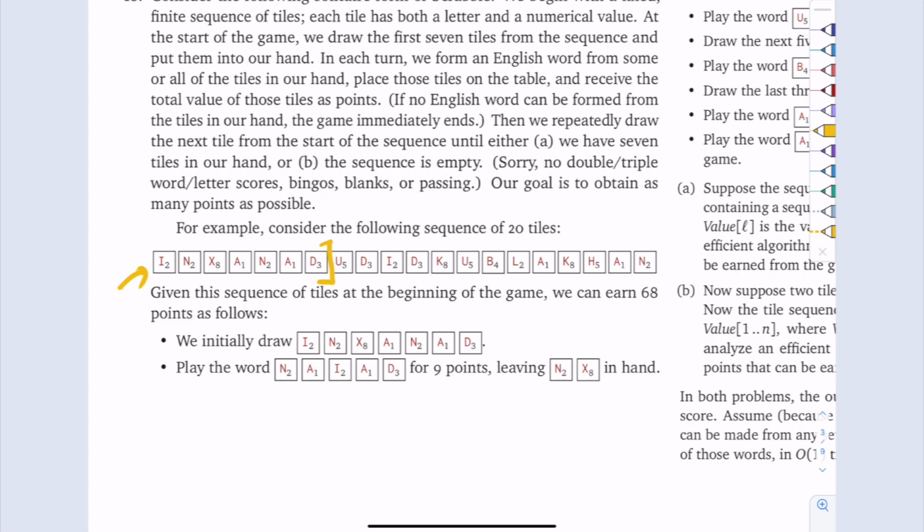Let's say that you have access to a quote-unquote dictionary where you can just submit a string. It'll tell you if it's a word or not. Keep in mind there's only 7 letters, so you can do lots of brute force things over 7, and it'll still be constant time. You can try everything. And then you would play, I guess, these 5 letters, you could potentially play these 5 letters,